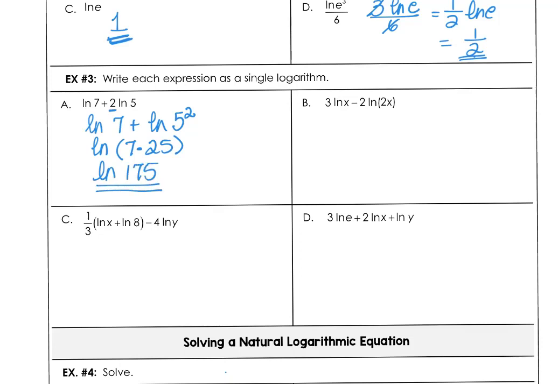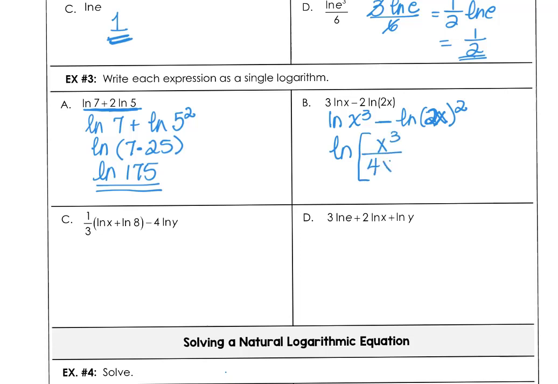So the natural log of 175 is a simpler way to rewrite natural log of 7 plus 2 times the natural log of 5. On part B, again, I'm moving that power 3 back onto the x, and the 2, I'm going to move that back onto that expression, 2x to the second, which is going to create 4x squared here, but it's a subtraction problem, so we can rewrite the natural log as a quotient of x cubed divided